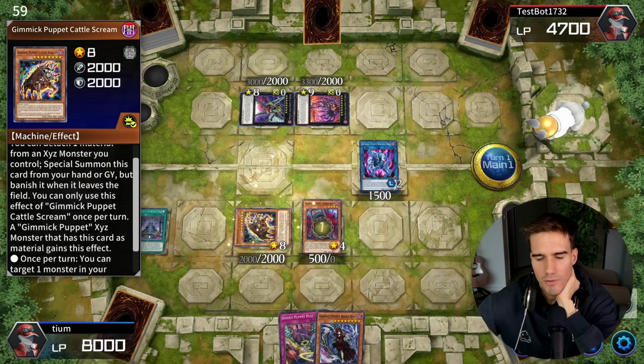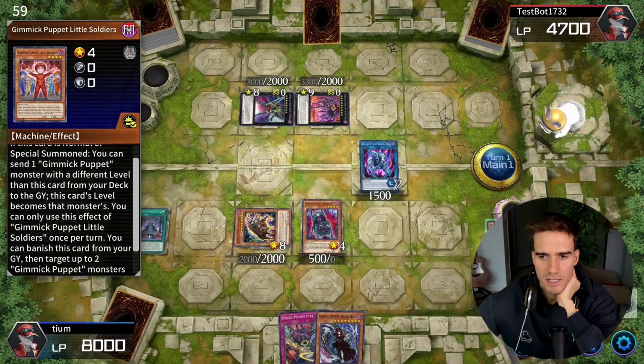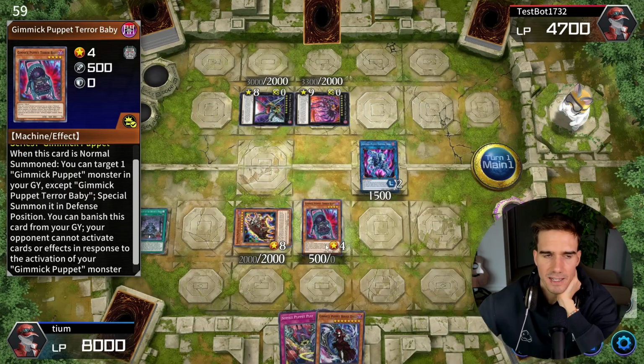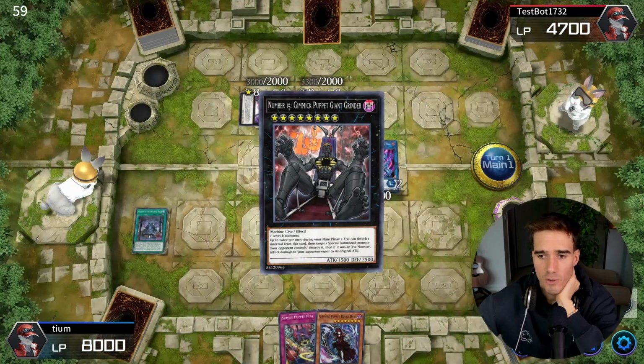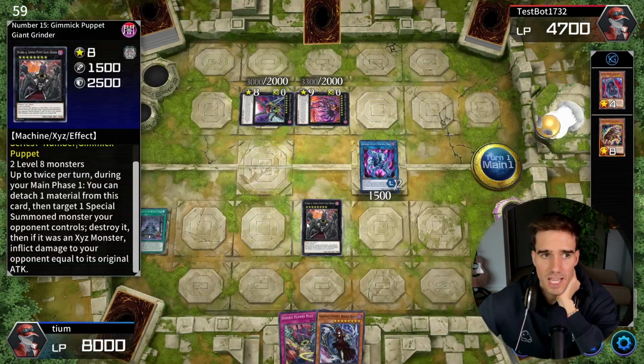Now we have a level 8 and a level 4, and we need 2 level 8s here, which is why we now activate Gimmick Puppet Little Soldiers, only targeting the Terror Baby to increase its level by 4, so we have 2 level 8s again. Now we are going to get the Gimmick Puppet Giant Grinder, 2 level 8 monsters. Up to twice per turn during our Main Phase 1,